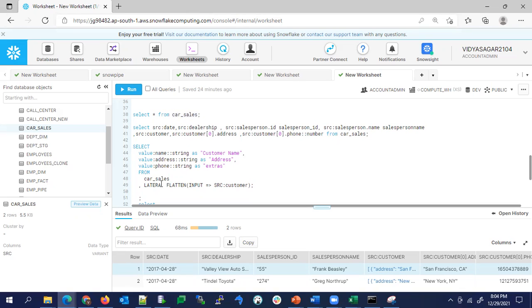But here, with the lateral function, even though you write select columns from table, it will not directly hit the table. It will check this flatten function and take the input from here, like the source column, and read the corresponding tag we are giving.